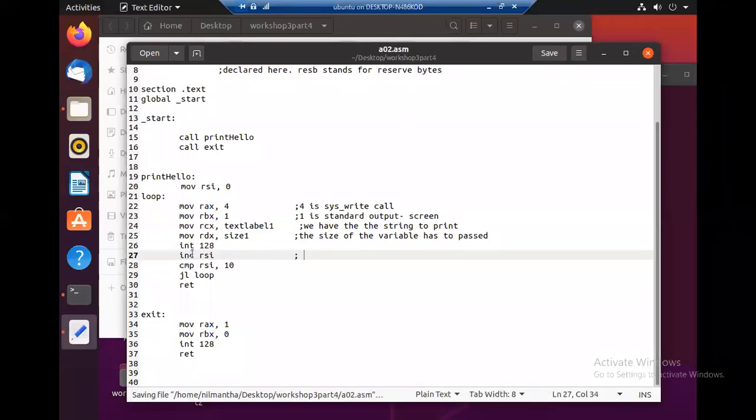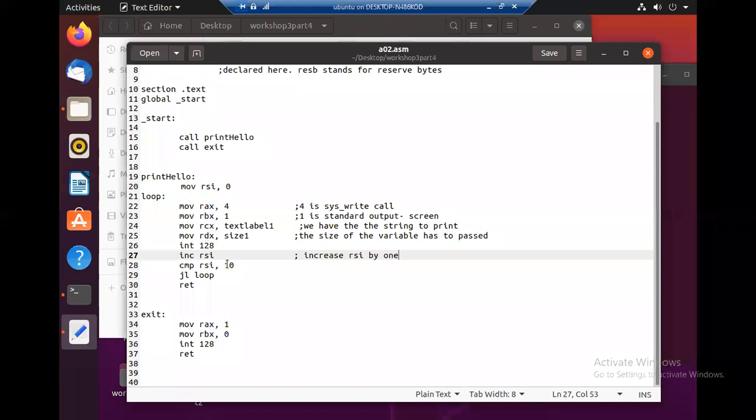So what does this increment instruction do? Increase RSI by 1. So these things you have already learned in the morning session. Jump if less, return, this to the label, everything has been learned before.